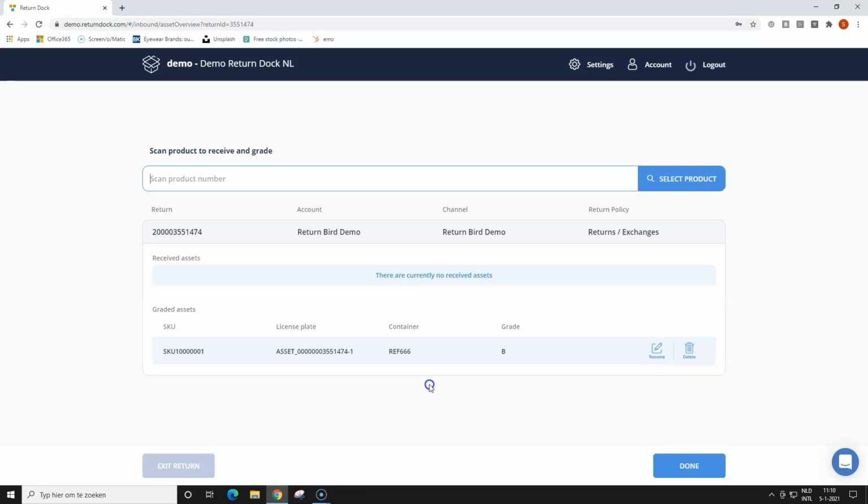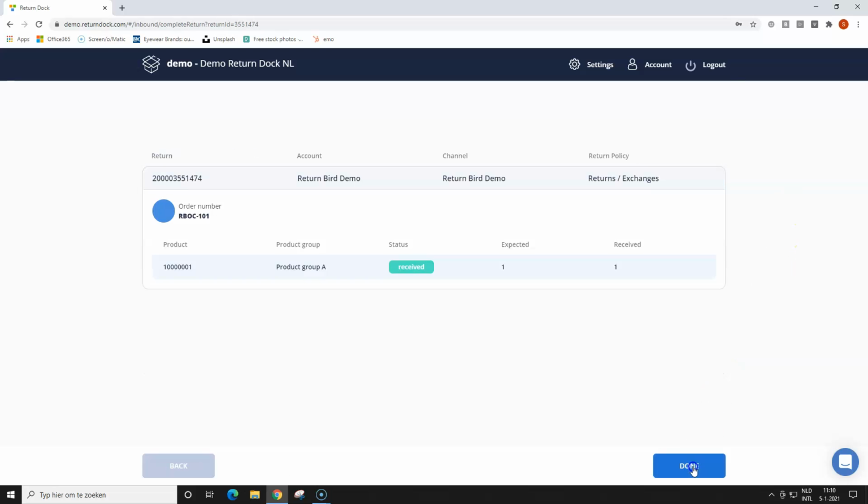You can now scan another product that you find in the box or select another product if you don't have a barcode on it. But of course, when there's nothing more in your box, you can complete this return by saying I'm done. And then the system takes you to this final screen where it shows an overview of everything that is relevant for this return. It shows that I expected one product on this return,